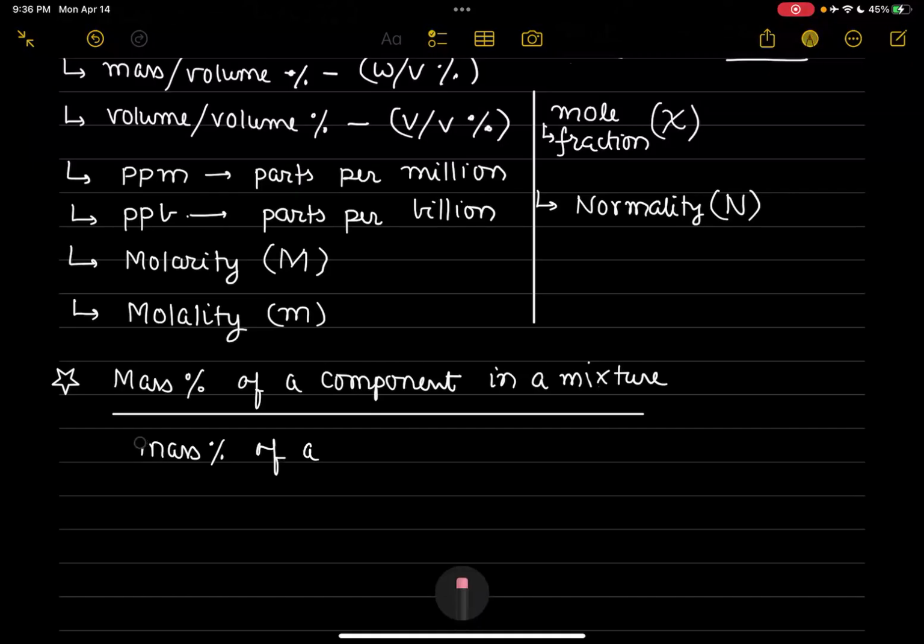Mass percentage of a component in a mixture is the mass of the component